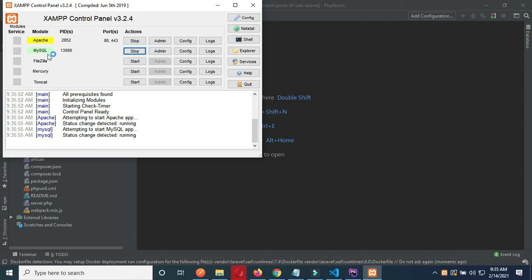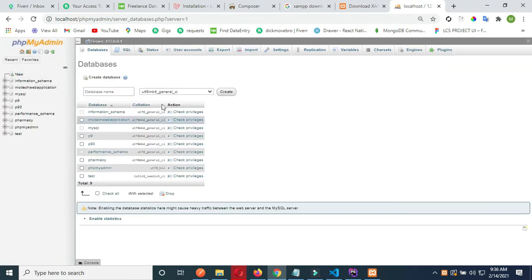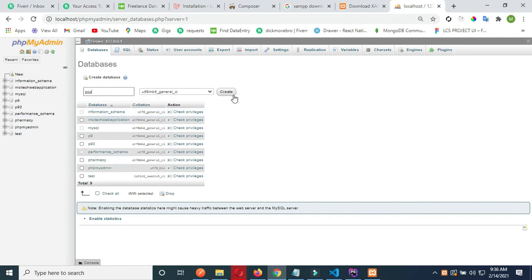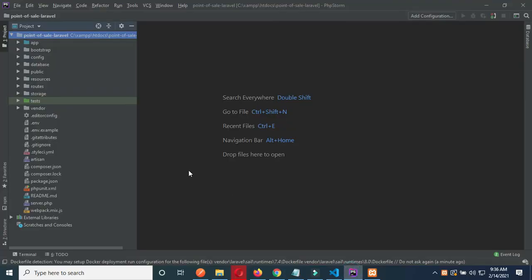After this, I will click on admin of MySQL to create the database. So I will create the database here and name this as POS, point of sale. You can see here my database has been created.